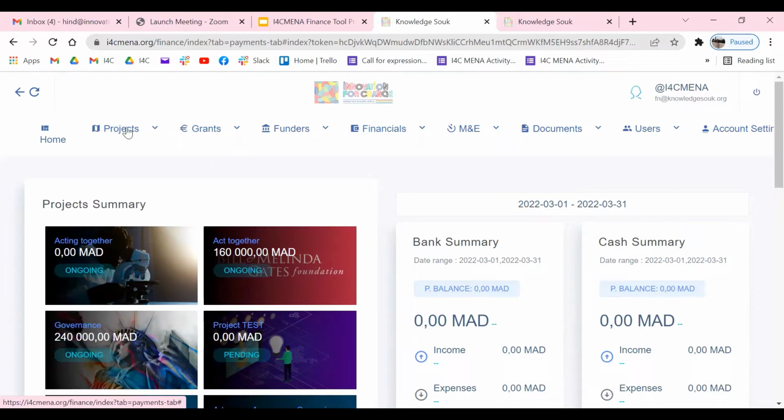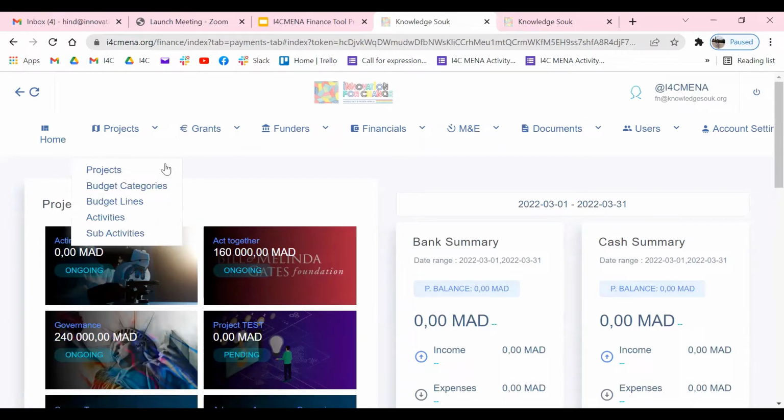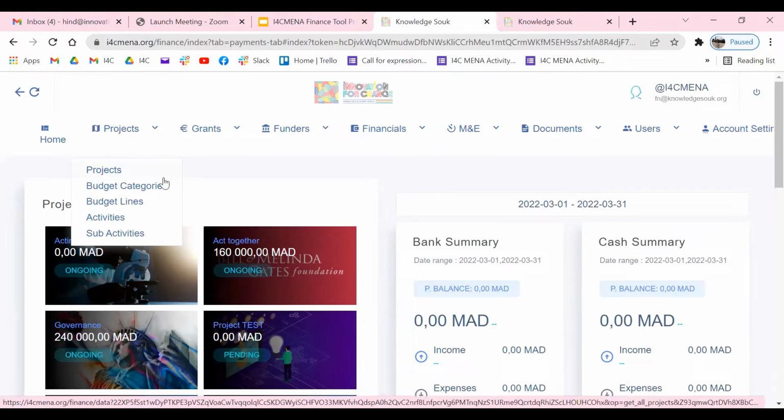Regarding the first one, as you can see here, we have all the functions that are directly linked to this main menu. From here, you can either create a new project or access the existing ones. Also, the budget categories, same thing, budget lines, activity, or sub-activities.